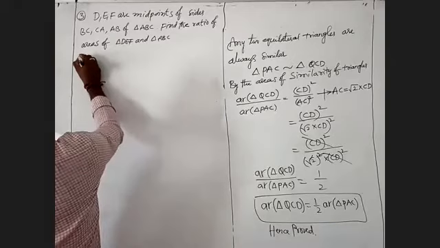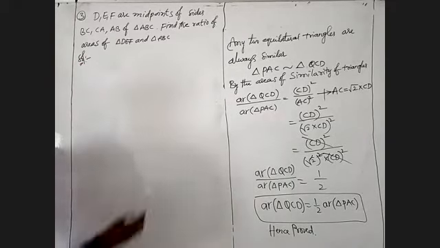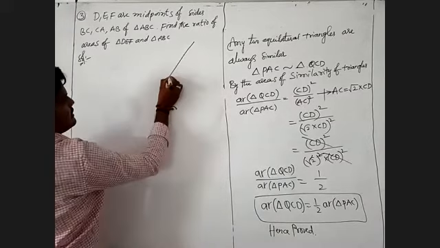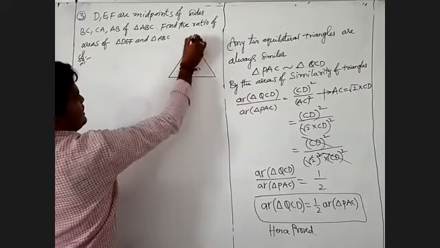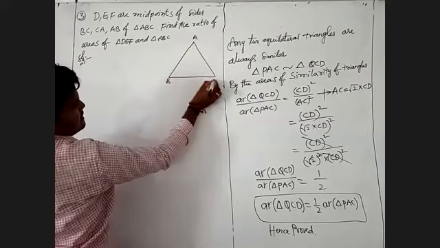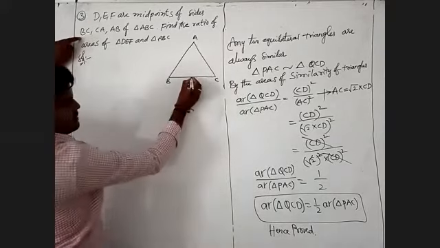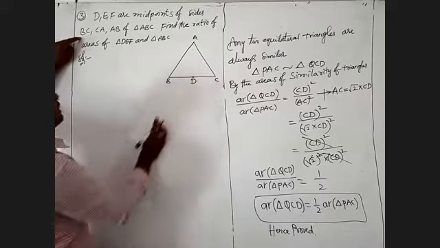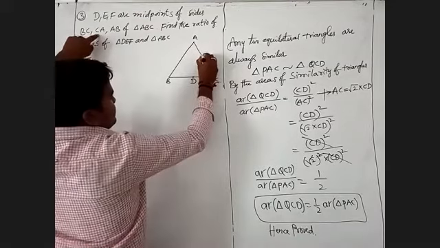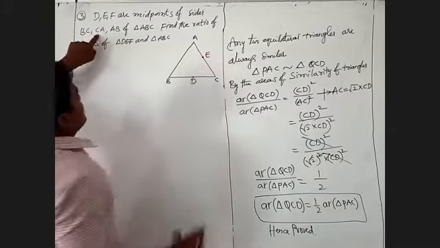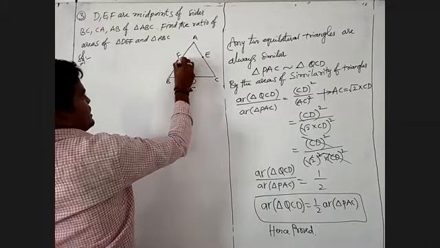You'll observe in this one. First, I will draw a triangle named triangle ABC. This is triangle A, B, C. One more is given. D is the midpoint of BC. Next, E is the midpoint of CA. F is the midpoint of AB. And now to join them.